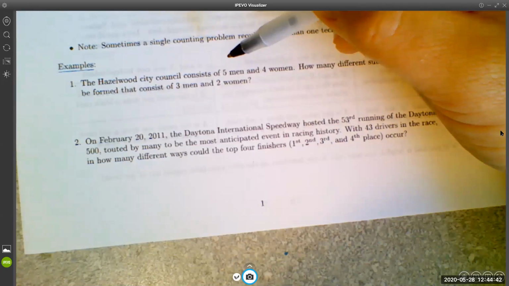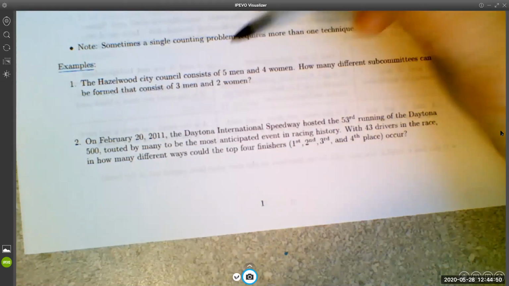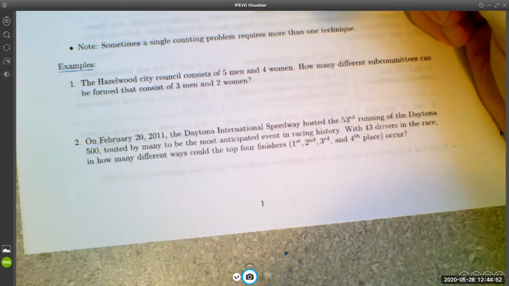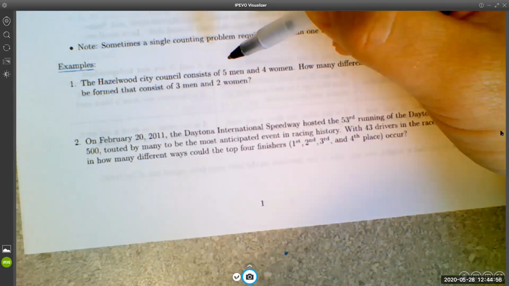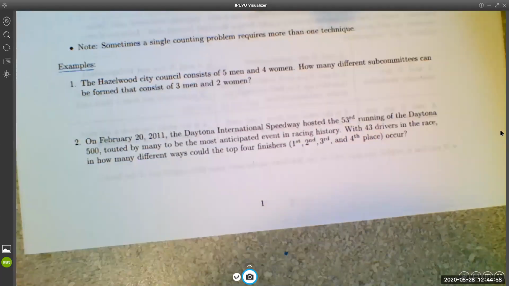Now we can ask our questions, right? First of all, is repetition allowed? And I think the answer here would be no, because it doesn't make sense for the same man to fill more than one spot. Clearly not allowed here, so we're not going to use exponents. Now the next question is, does the order matter? And here I think the answer is again no,